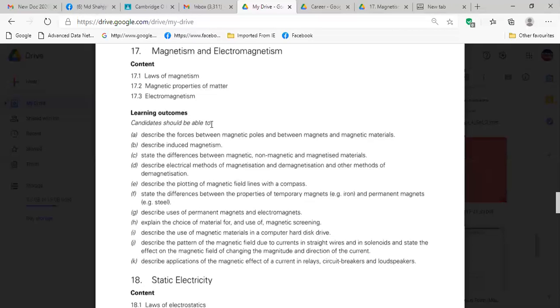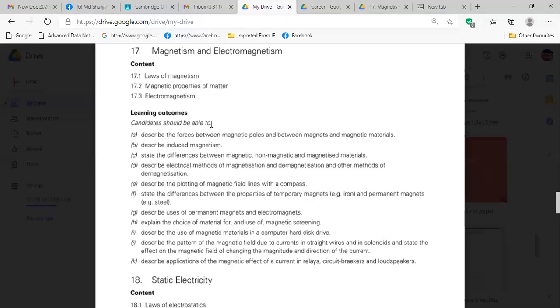Then you write hard magnetic material. Have you written hard magnetic material? Yes, sir.